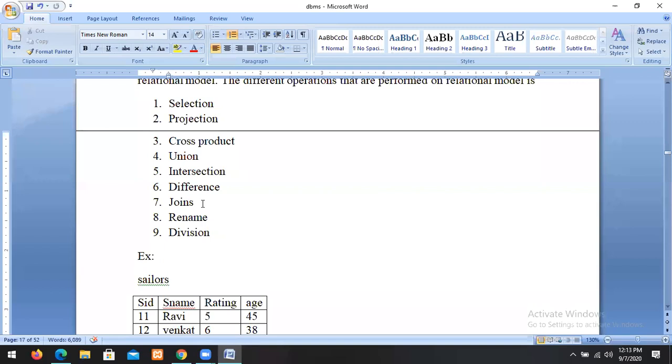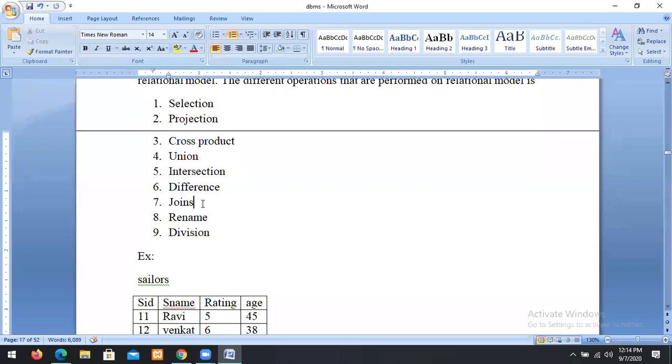In the case of outer joins, there are three types: left outer join, right outer join, and full outer join. What is left outer join? All the rows of the first table and matching rows of the second table. That's what we call a left outer join. Right outer join: matching rows of the first table and all the rows of the second table. Third is full outer join: all the rows of the first and second table will be selected. So like this we have the joins. One very important question: what is a join? Explain the types of join, equi join and natural join. Like this they will ask. It's very important.